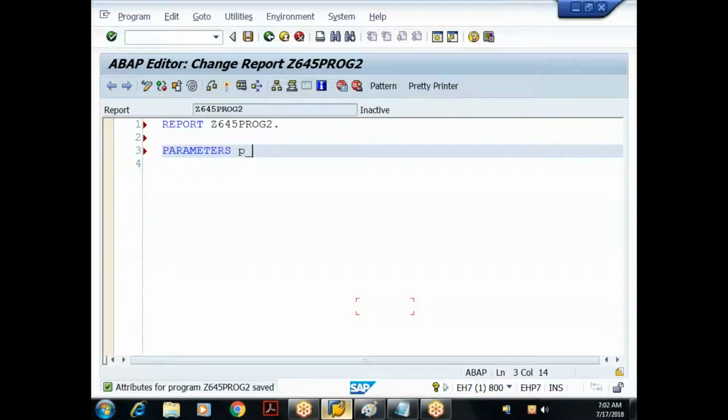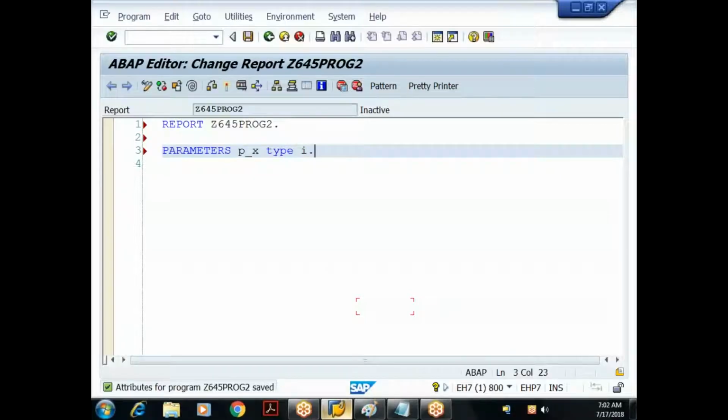So in the development process, the team will draft the coding standards. We need to follow those coding standards and develop the object. I can give any name, it doesn't matter, but I'm trying to follow coding standards. So I'll say P underscore x, type